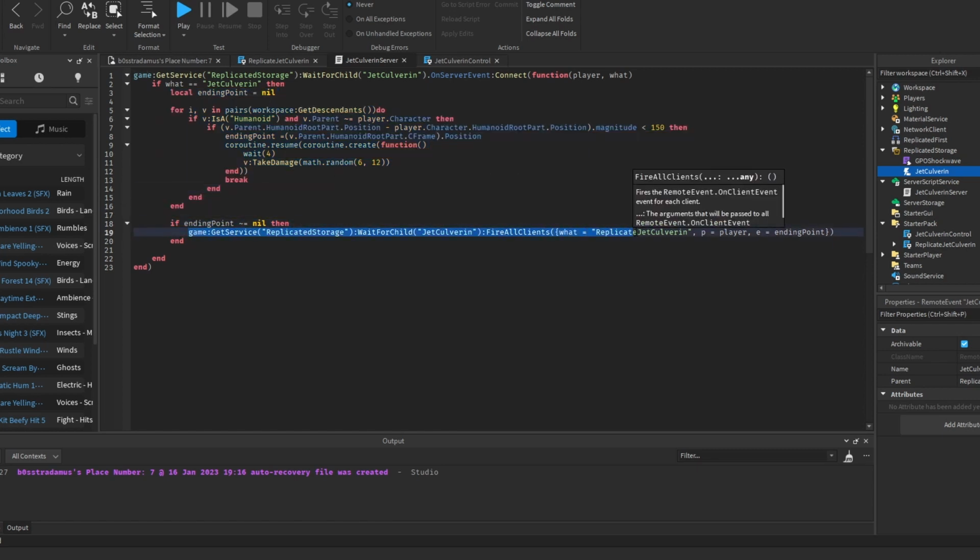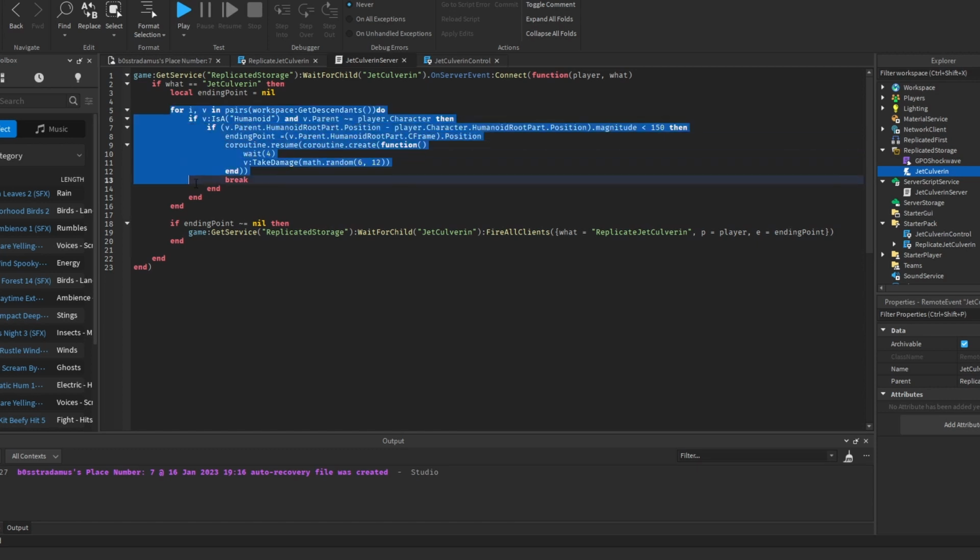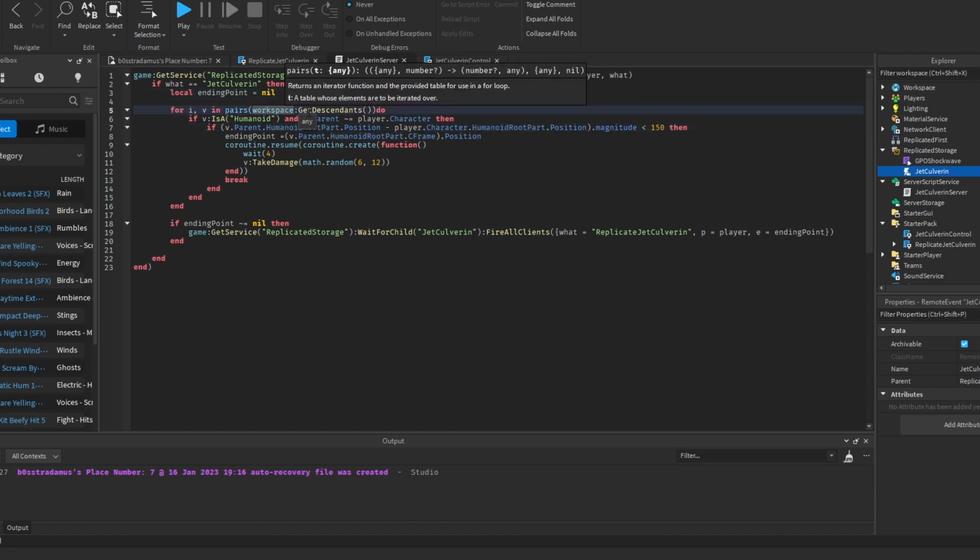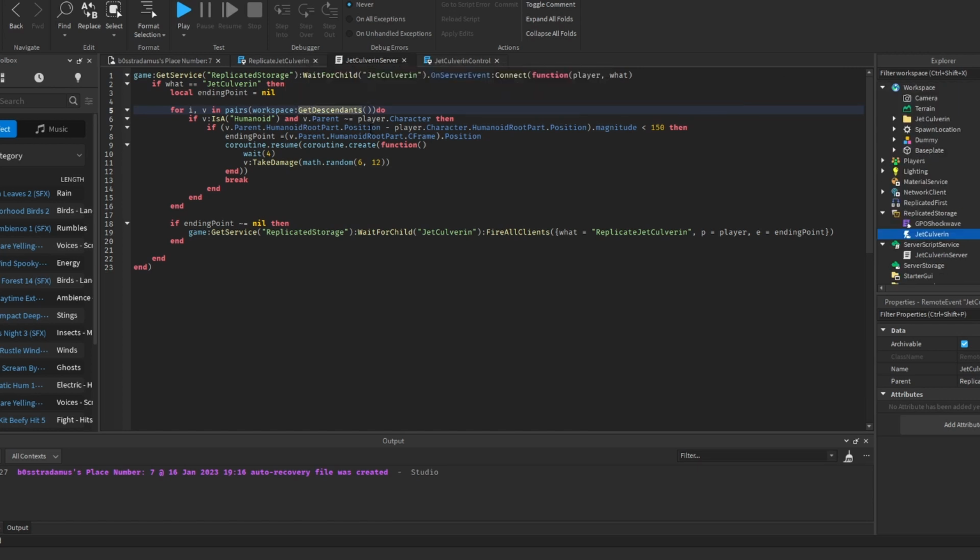Then we want to fire to all clients with the task to replicate the Jet Culverin, okay? And let me explain step by step what I've done right here. What happens is that we are defining a variable called ending point, which is nil, means empty, okay? For you guys, it is empty at the beginning. And now we are looping through the workspace, okay? By looping through, I mean we are using get descendants, and what get descendants does is that it loops,